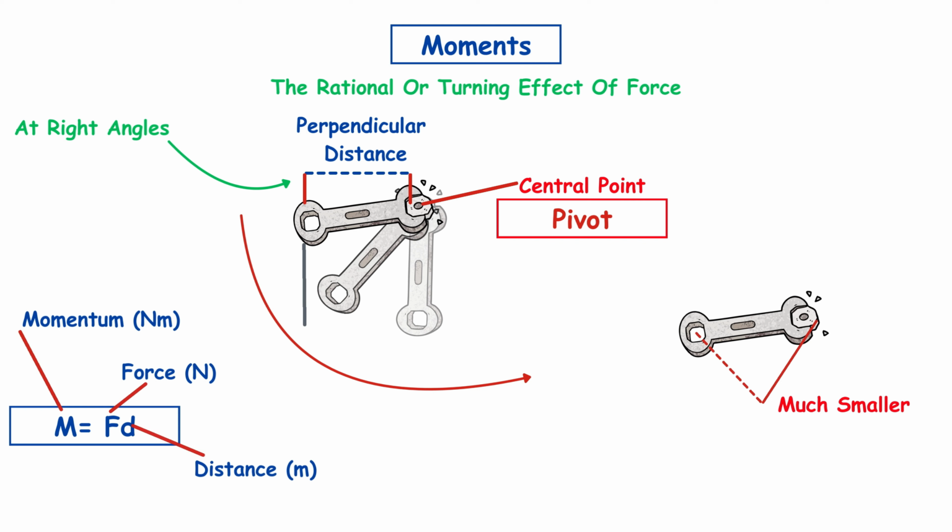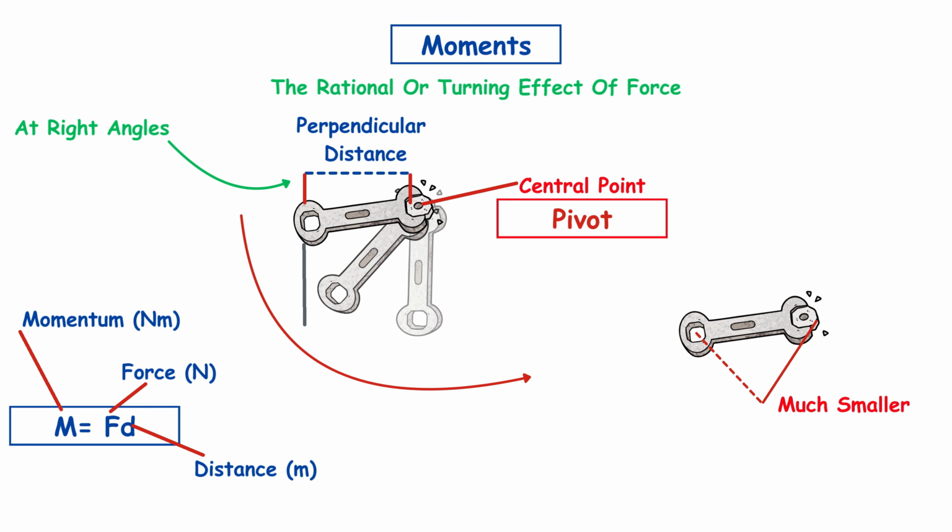Before diving into the practical examples, it is important to define exactly what a moment is. A moment refers to the turning effect or rotational influence that a force can exert on an object around a fixed point known as the pivot. For instance, if you have a spanner and you apply a downward force at one end to tighten a nut, the spanner does not just move straight downwards, instead it rotates around a central point,